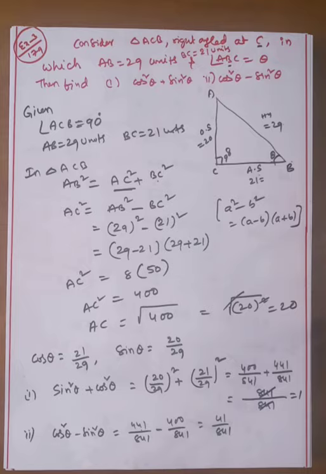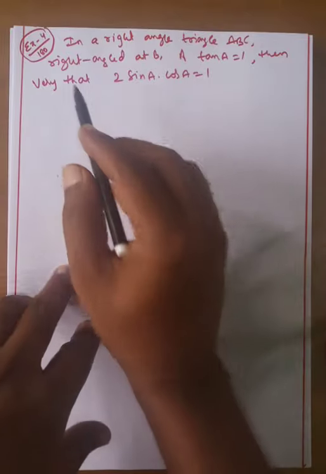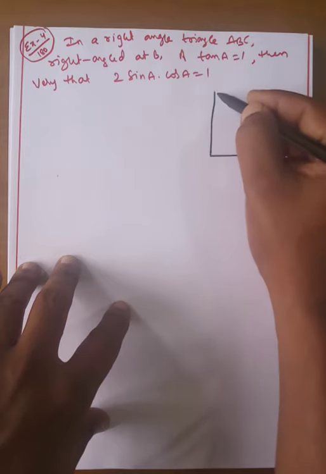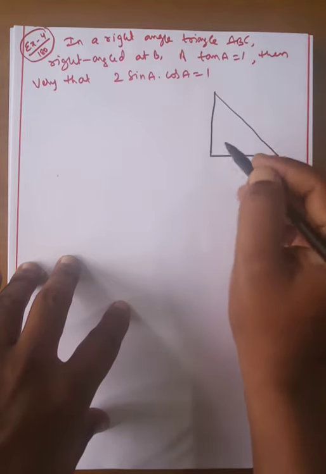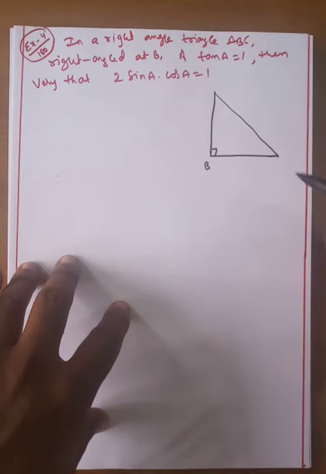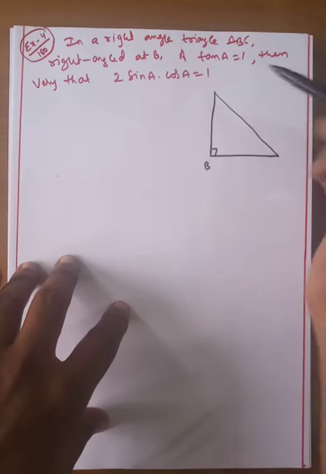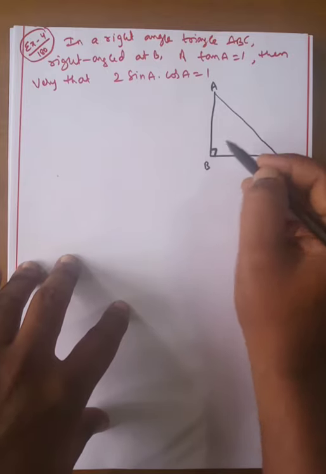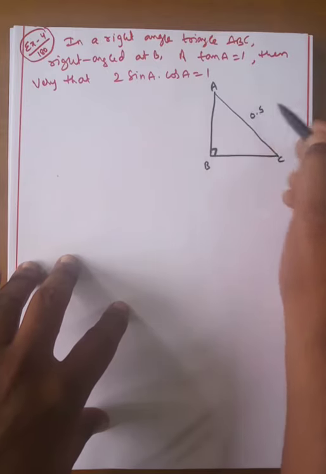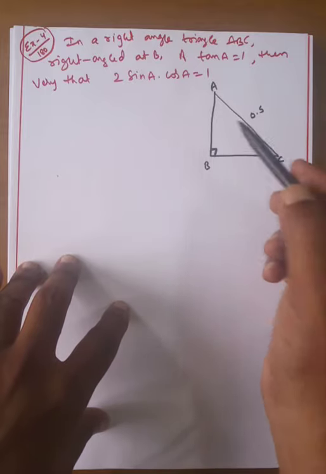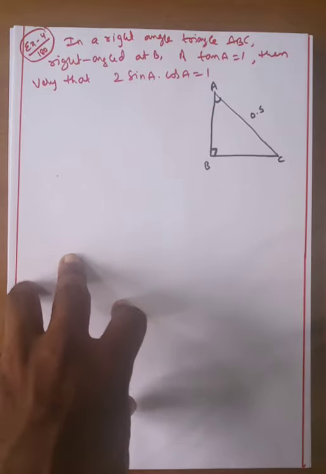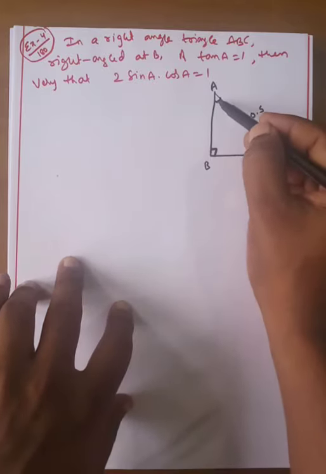Okay, my dear students, what is given in a right angle triangle ABC? Right angle at B. Now we will take the right angle triangle here, no problem. At B is the right angle first. Now remaining we will take here A, here C, no problem at all. This is 90 degrees, this is the hypotenuse. They are asking sin A, which means here this is the angle. Don't confuse. They are asking sin A, means here the angle. This is called the opposite side.